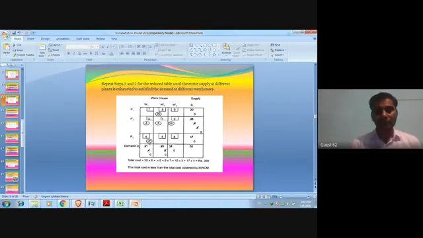Since the plant P3 has already exhausted, this row will be cancelled out. Now the remaining cells are 7, 6 and 9. Which one is minimum? That will be 6. How much can we allocate? Between 20 and 25, which one is less? 20. So we will allocate 20 units to W2. After giving the 20 units, the supply of plant P1 will be exhausted. That's why 0 is written here.